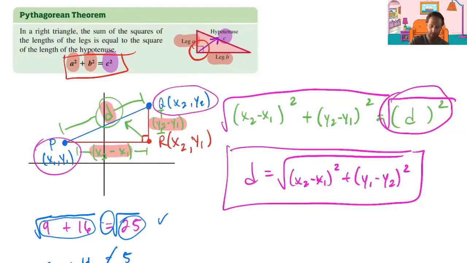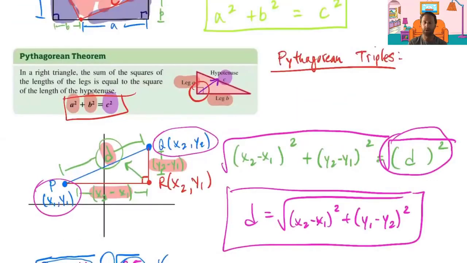Okay. Before I move on, I also wanted to mention these things that are called Pythagorean triples. Pythagorean triples are three sets of numbers that make this Pythagorean theorem true, but in such a nice way that it's important for us to actually memorize them. And you guys may be familiar with the most commonly seen and used Pythagorean triple, and that is the 3, 4, 5